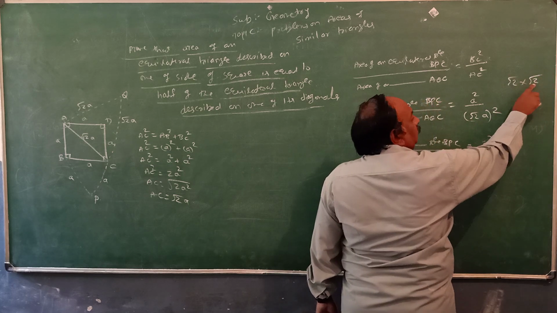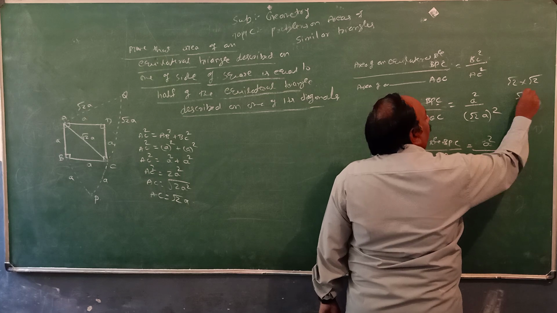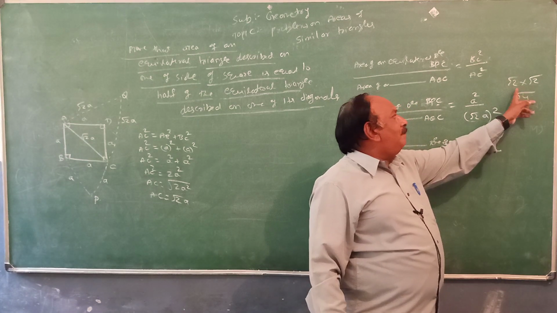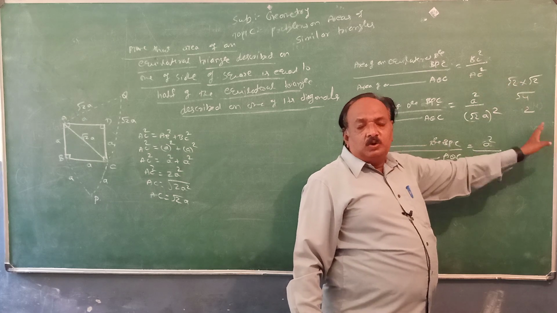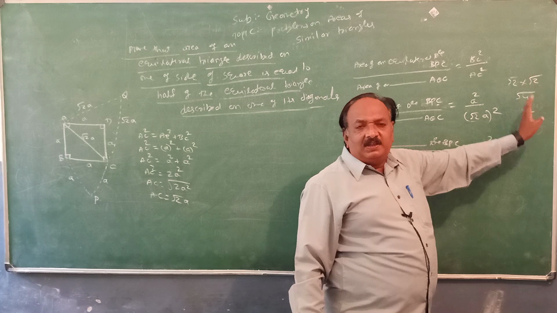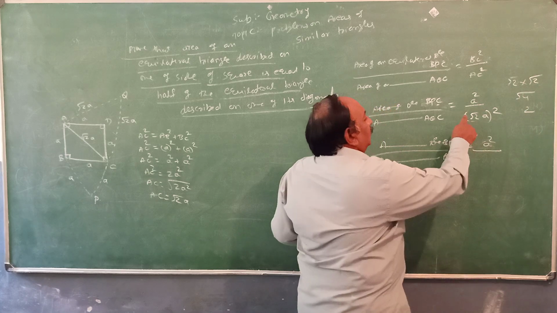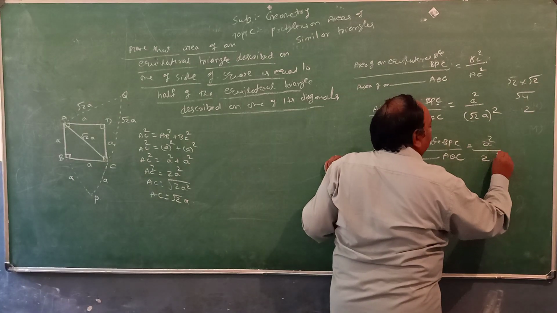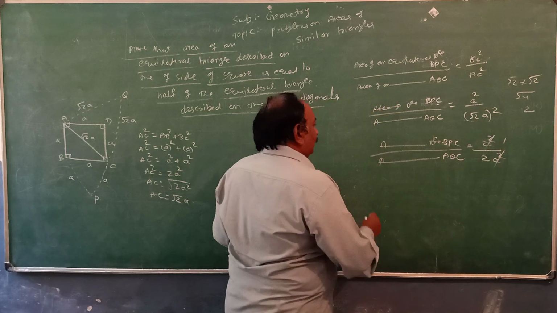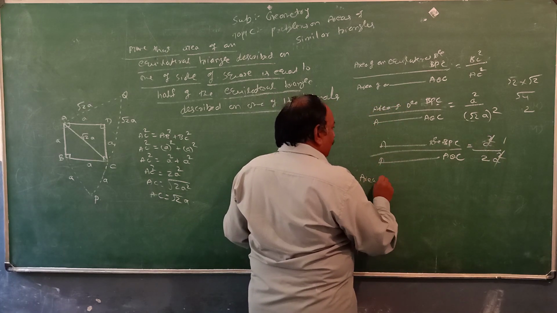What is root 2 into root 2? Two 2s are 4, and the root of 4 is 2. Remember, root 2 into root 2 is 2, root 3 into root 3 is 3, root 4 into root 4 is 4, root 5 into root 5 is 5. So A squared over 2A squared. Cancel, what do you get here? 1 by 2. Therefore, the area of triangle